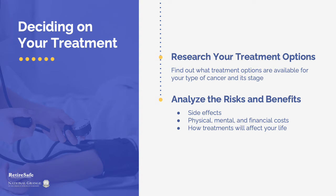In this section, we'll cover steps for deciding on your treatment. First, it is important to research your options and to figure out what treatments are available for your cancer and its stage. You can start with some research online by reading trusted websites and books, and by attending webinars like this one to become fully informed. Your doctor will also talk to you about your options, and don't be afraid to ask questions. There's no such thing as too many questions, as it is your right to have a complete understanding of your